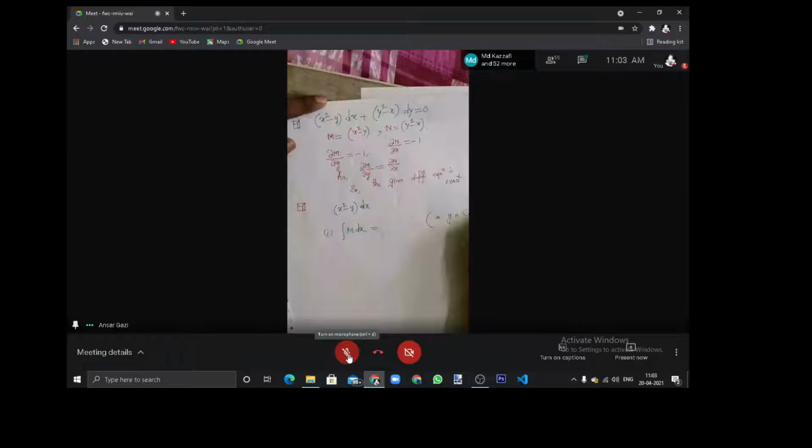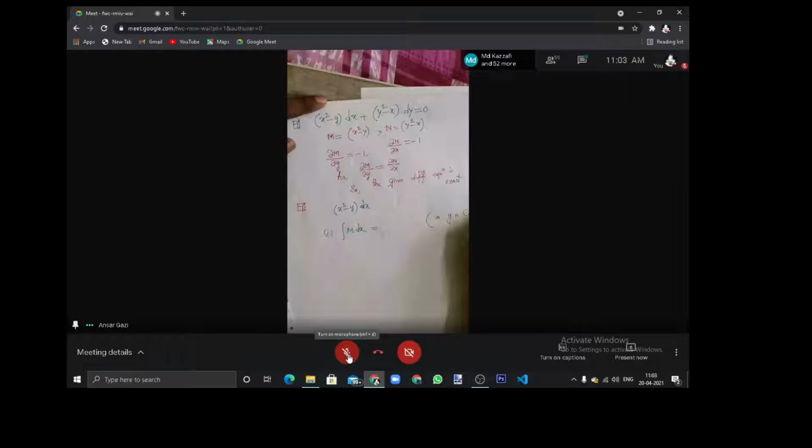Okay, so therefore what will be the solution? Finally, the required primitive or the required solution, we can directly write it. What is the required solution? First of all, x cube by 3 minus xy plus y cube by 3 minus xy. xy is present in both the terms, so take only one. Minus x into y equal to c. This is the solution, where c is an arbitrary constant.